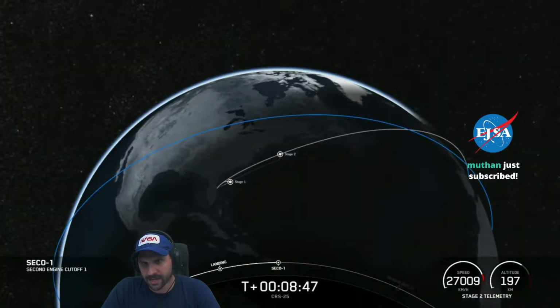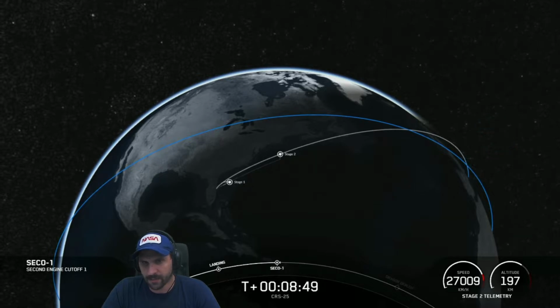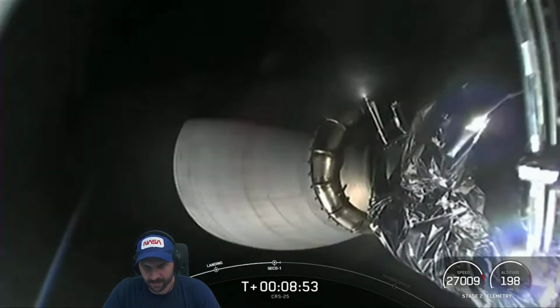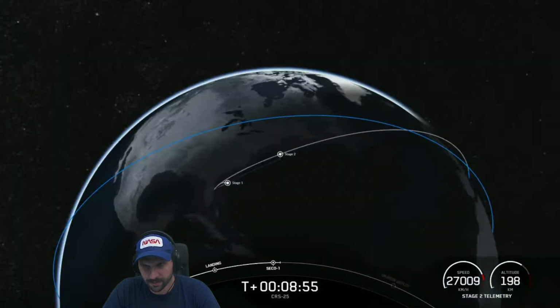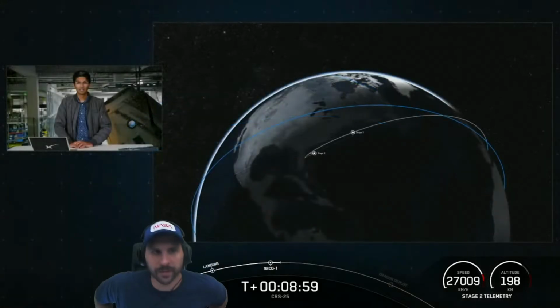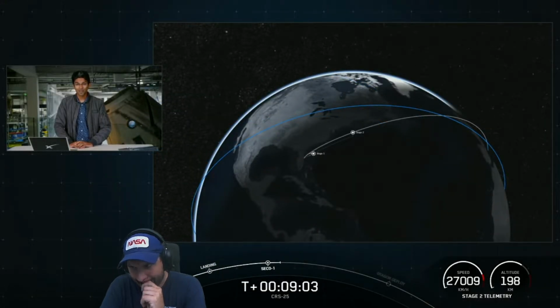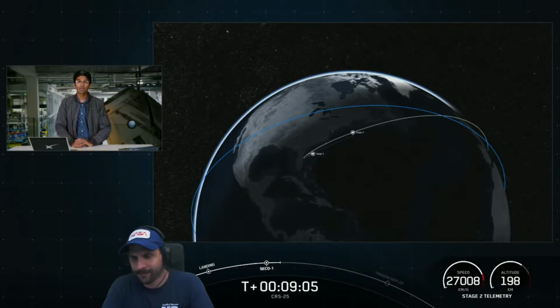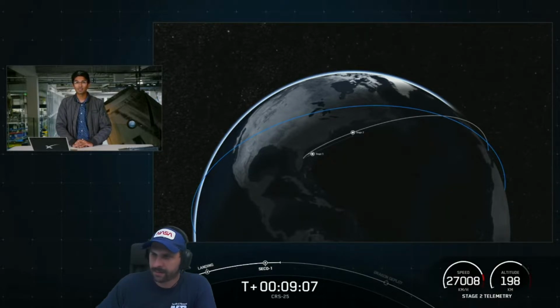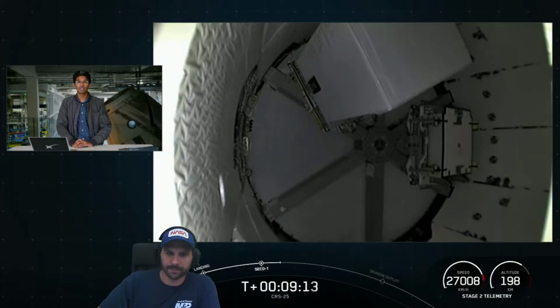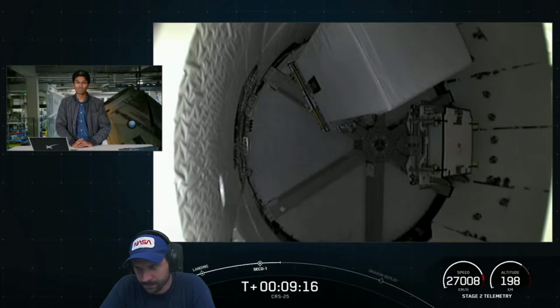Okay, we have second stage engine shutdown 1, or SECO 1. Stand by for the call for nominal orbital insertion. You heard a call out on the loops there for shutdown of the Merlin vacuum. We have the call for NOI, nominal orbital insertion. That means the ground teams have assessed the orbit and stage 2 is right where we want it to be. And of course, that also means that Dragon is right where we want it to be, since it's been riding on the second stage this whole time.